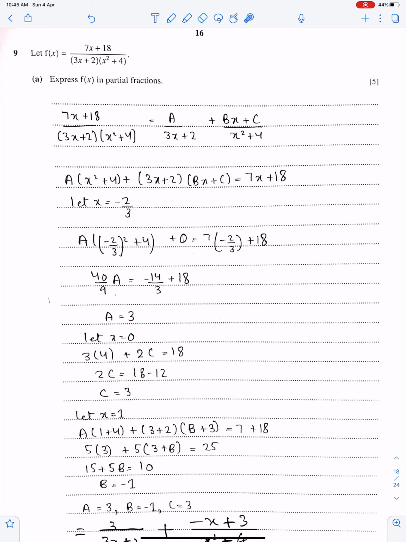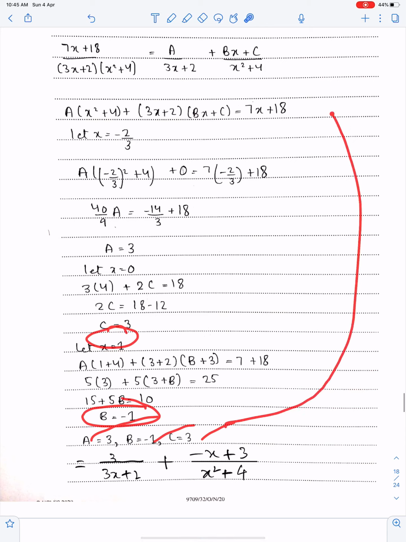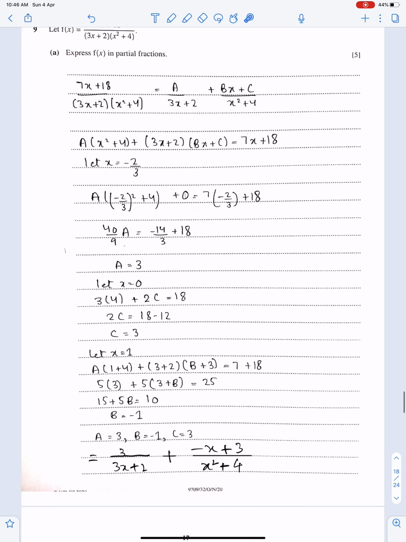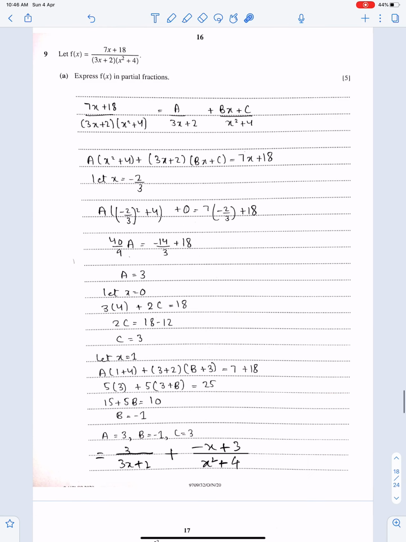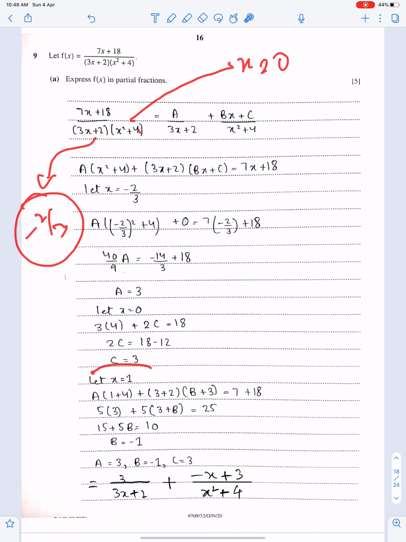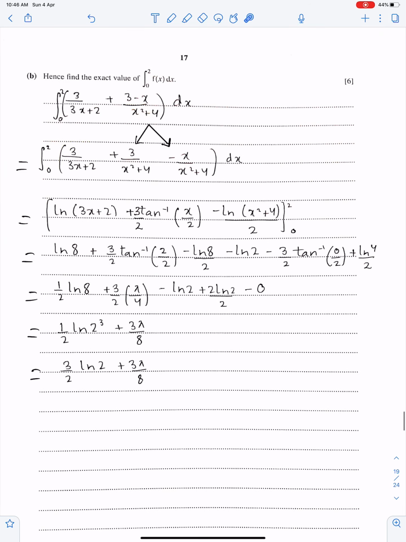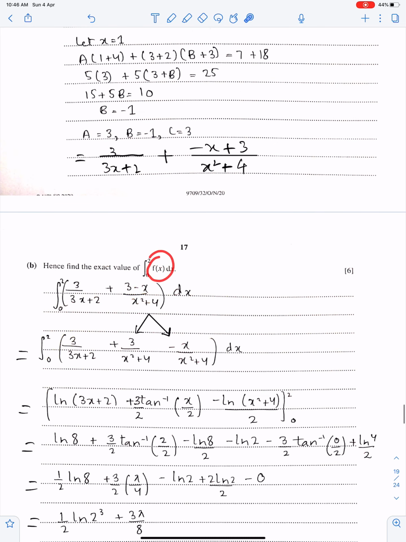Now substitute any value of x which will make the calculation simple. So x is 1. When x is 1, b is minus 1. So these are the values of a, b and c. Make sure you substitute these values into this equation. That's the required partial fraction. The first value is from this factor, and from the quadratic x is always 0. Just suppose one other value. Now you need to integrate this thing, and this is your f of x.